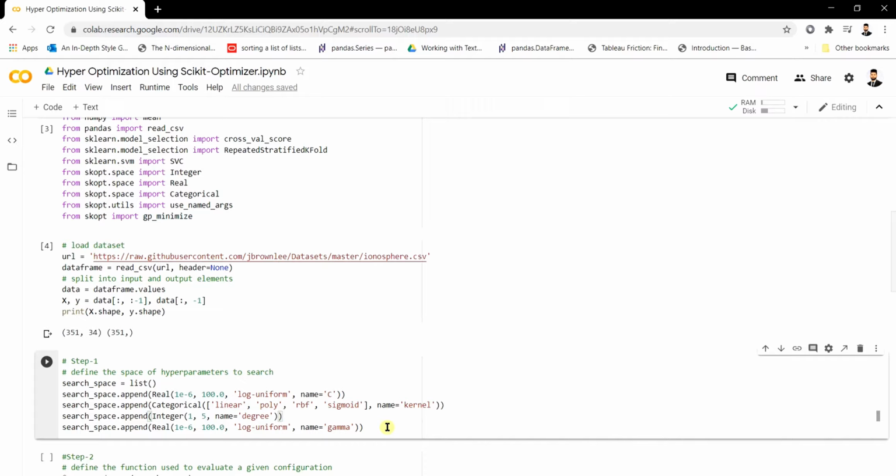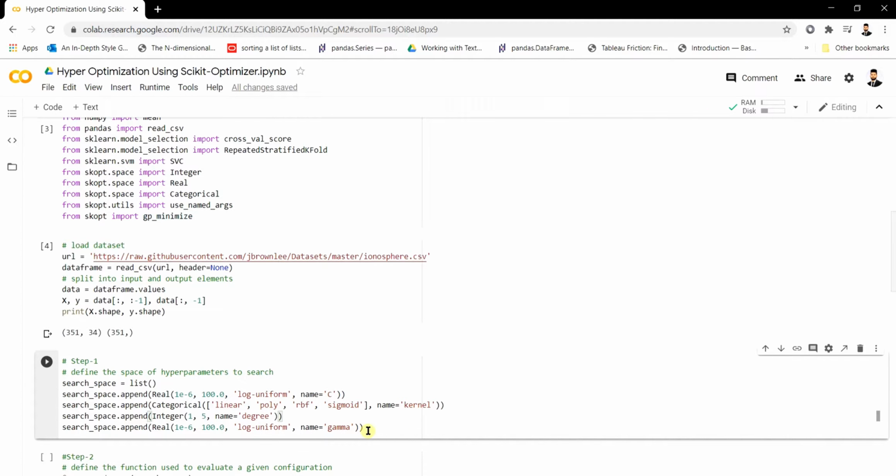So we're going to be using all those parameters, and we're going to be tuning it. We're going to define it with its range and its values. So this is the space of hyperparameters in the first step, where we're going to be using such kind of parameters, and we're going to be defining the range of those particular hyperparameters. So let's just walk through this and understand what is happening here.